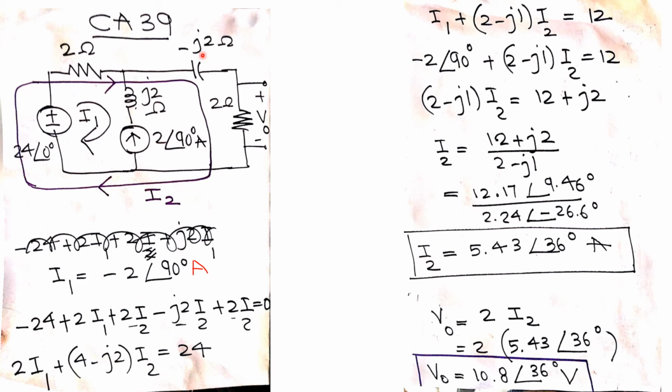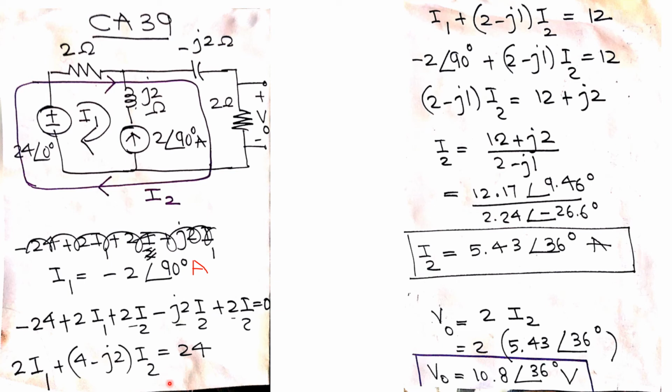Next in the path is this minus j2 ohms capacitive reactance. So the current through it is I2, therefore we write minus j2 I2, and the current flowing through this 2 ohm load resistor is the same as I2, and we'll write 2 I2. Simplifying this will lead us to